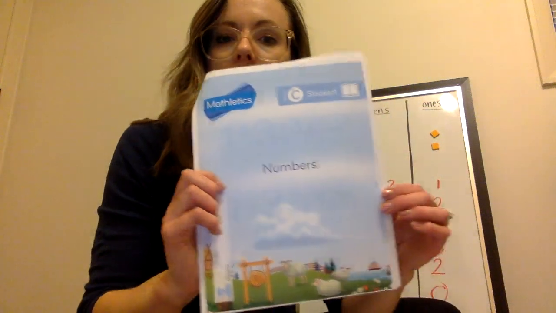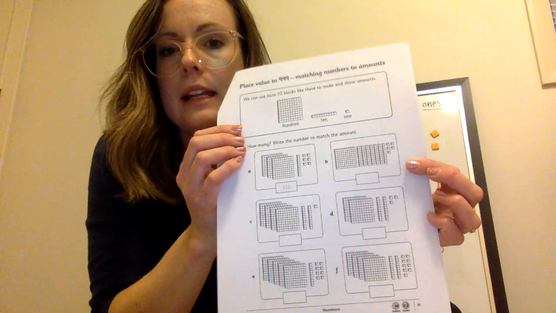As your next piece, and again, I will write this down just so that everybody knows what to do, you're going to go to your workbook that all the teachers sent home called Numbers. So it looks just like this. You're going to go to that second page. It's actually page 19, and it looks just like this. Now for the next probably about 5 or 6